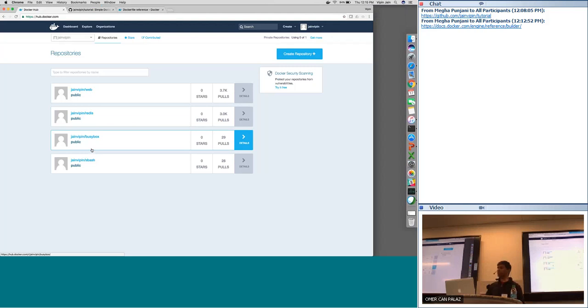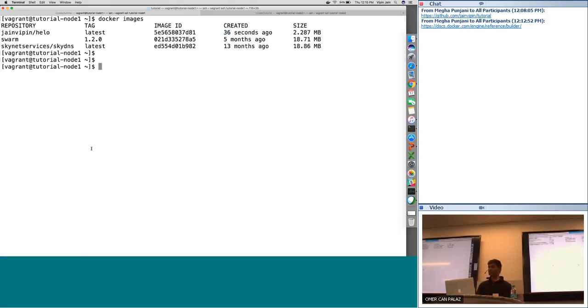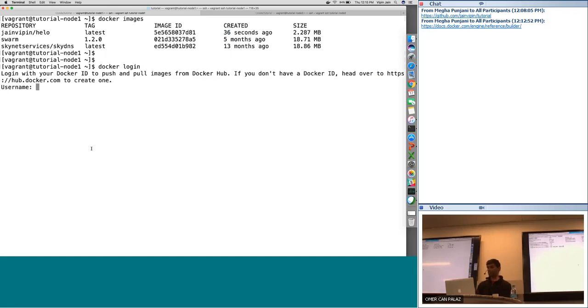If I created an image, now what do I do with it? The first thing I want to do is push it up so that I can retrieve it wherever I want it from. Maybe I created it on my laptop, but you want to run it on there. The promise of containers was that you create it once and you can run it anywhere. So with that promise comes, you have to be able to push these images. So I can do docker push. First I have to log in to Docker Hub in this case.